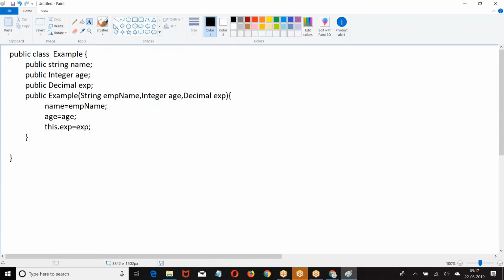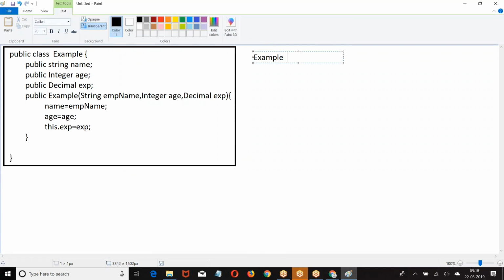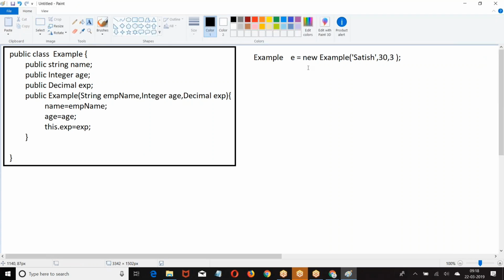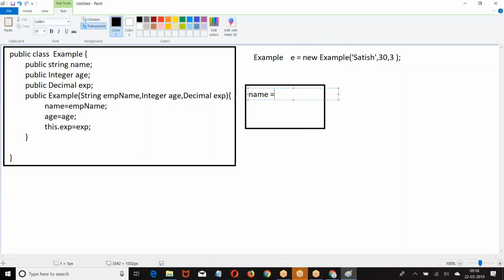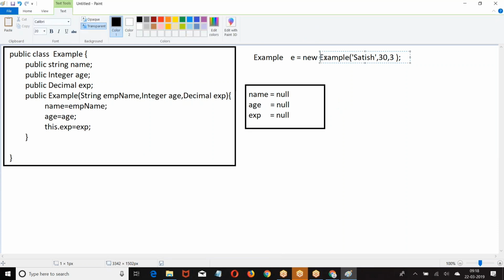Okay. Now let me write the execution for this example. They are expecting a constructor with the 3 parameters. I give 3 parameters. Then what is the order of execution? First, what is this? New. New means memory is allocated. For whom is the memory allocated? Name null, age null, experience. Memory is allocated. Once the memory is allocated, what are we calling? Constructor. New will allocate the memory. After the new, what is the function we had? Constructor. So when you are calling a constructor,